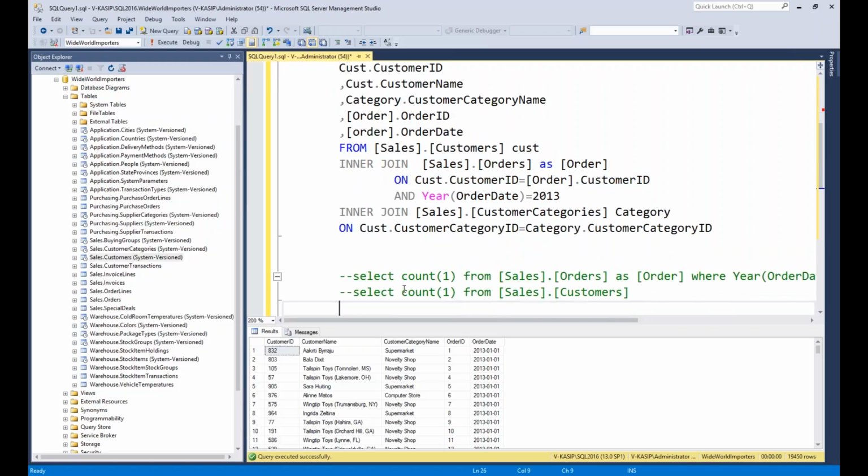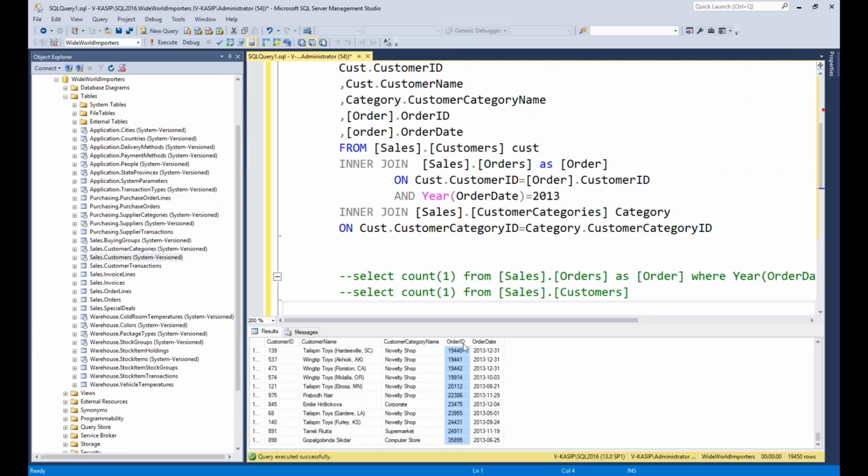I have a question, sir. Can we use inner joins and also the count function, mixed together? Okay, let's take this one only. I am giving each customer name, order ID, order date. I don't want the order ID and order date. I just want, for each customer name and category, how many orders he made.